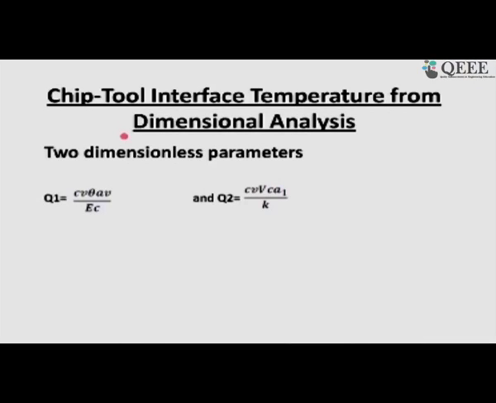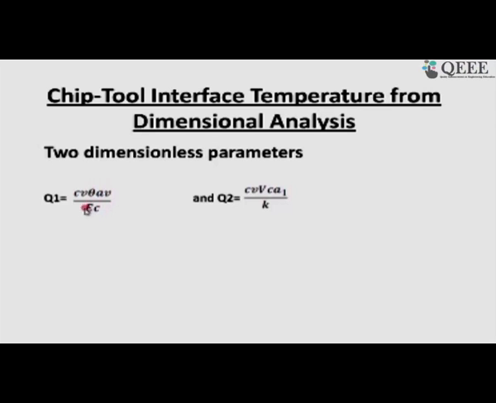Chip tool interface from dimensional analysis. This was proposed by Merchant and Shaw. According to them, we can choose two quantities. I have already written this, Q1 and Q2. Friend, here this is actually Cv, meaning volume specific heat. Volume specific heat means Cv, it is not C into V, it is Cv, and Cv means rho into C, rho density and specific heat, that gives volume specific heat, and there we have average interfacial temperature divided